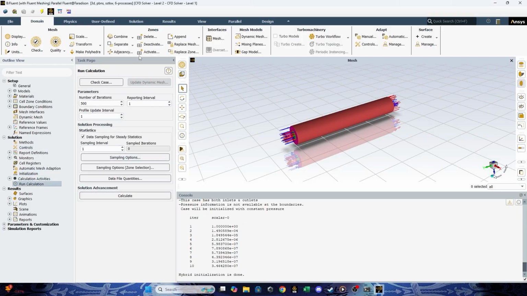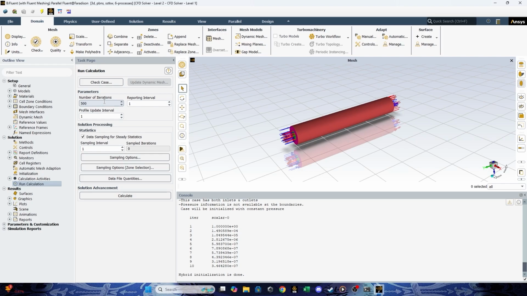Go to run calculation and choose your number of iterations. The number of iterations is defined until your simulation reaches the convergence point.